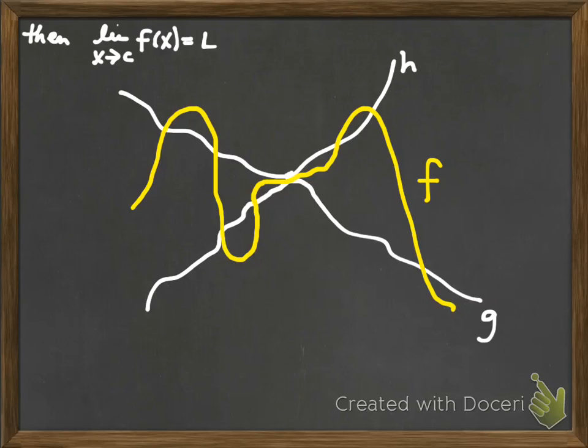Because all I need is some neighborhood. And it could be the kind of neighborhood, and you know how last year I showed you the importance of being able to take your calculator and just zoom and zoom and zoom until you see some particular attribute of a graph? You can think of it that way. Think of it as I'm on my calculator and I'm zooming to that spot. And sometimes when you're doing a sandwich theorem problem, it's helpful to graph them and zoom and zoom and zoom until you see it. But the window could be from point 0001 to point,